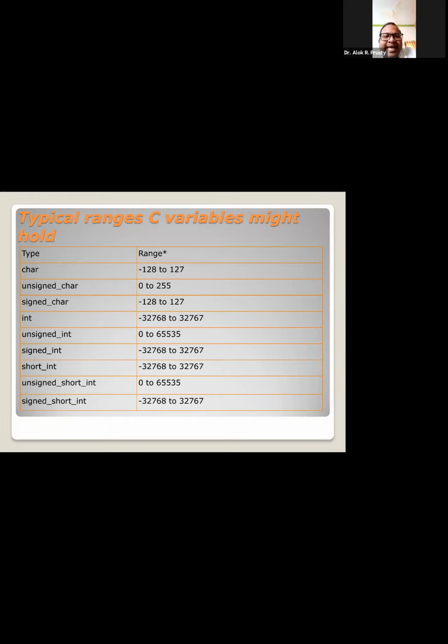First, take the example of signed character. Signed character is the same as normal character. Whenever I am not defining whether I will store a signed value or an unsigned value, character will be signed, covering both signed and unsigned values.